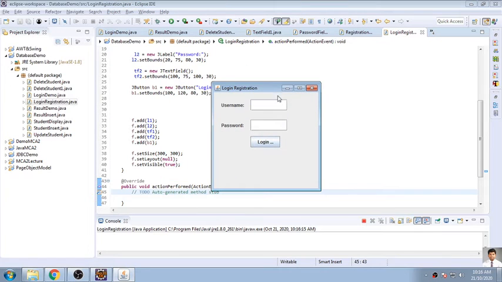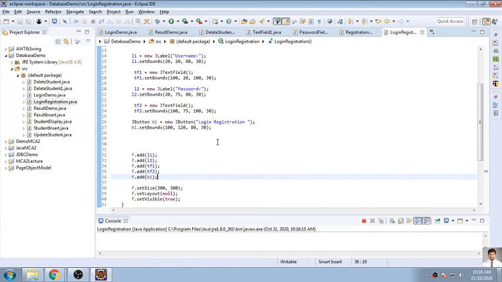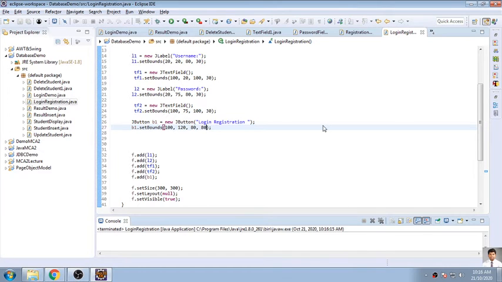So this will be available, and when I click on the login button, it will be registering. Now there is no action listener I have added over here. I want to increase the width, so it should be 80 by 80, so my text content will be displayed. Just will go for designing.